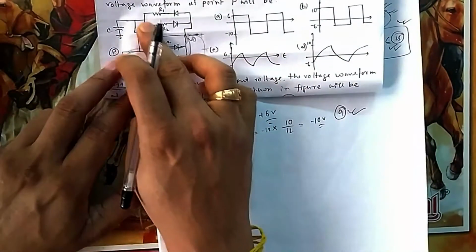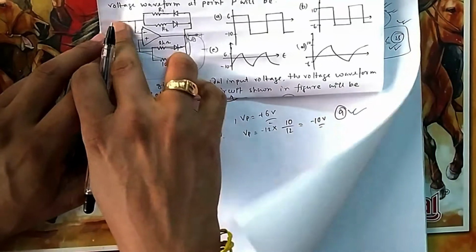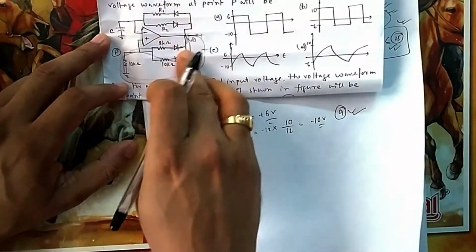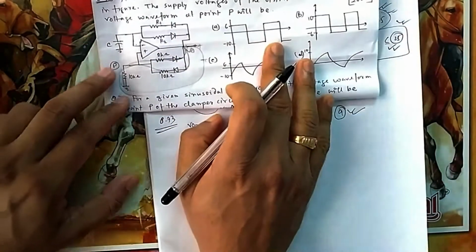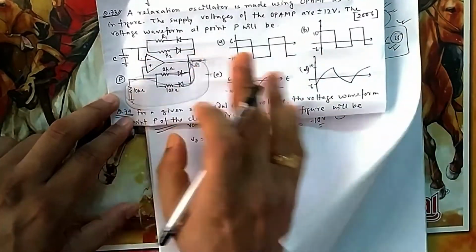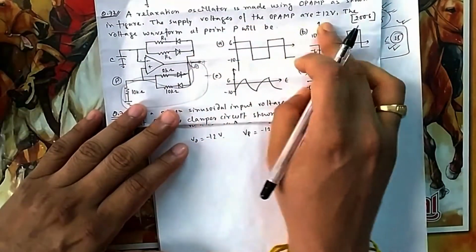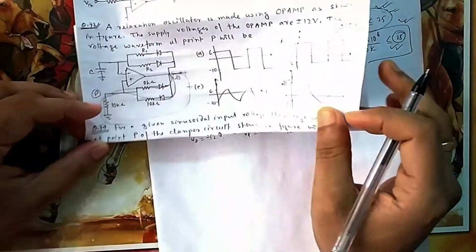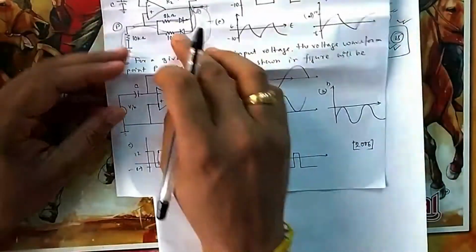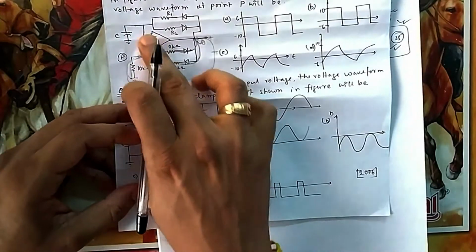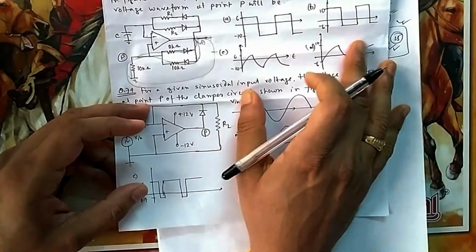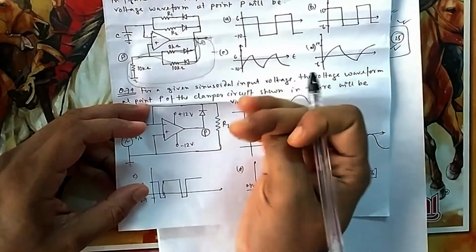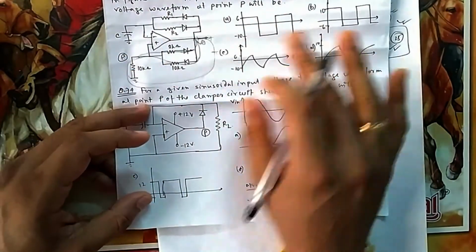So in this type of circuit, when both are given and there is a capacitor, this path is for capacitor charging and discharging, nothing else. Don't get confused, it is not a feedback. So it will be either at plus 12 or at minus 12. Open loop means it will always be at saturation. No feedback is there, that means the op-amp is in saturation, because the open loop gain of the op-amp is infinite. Any change will drive it so high that V0 will not go that high, because the cutoff is at plus 12, so it will be at plus 12.